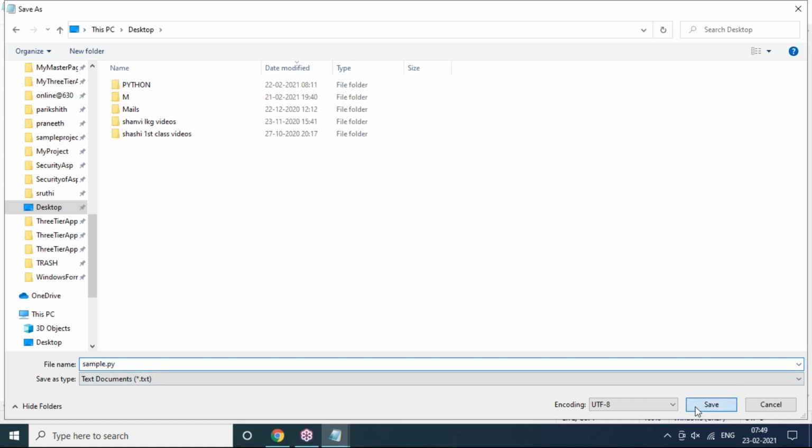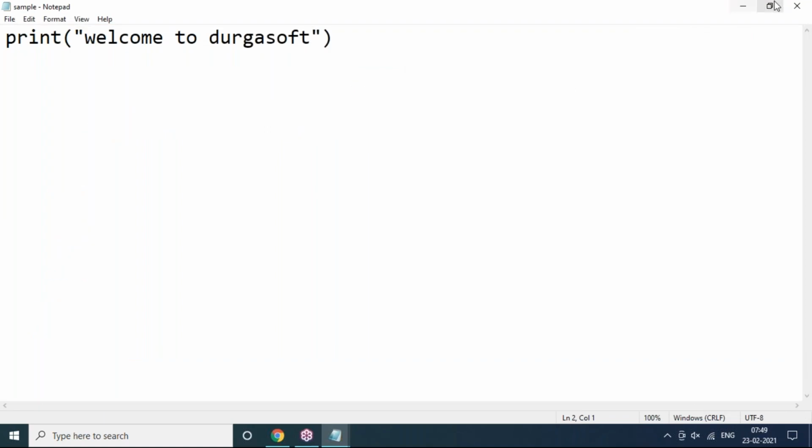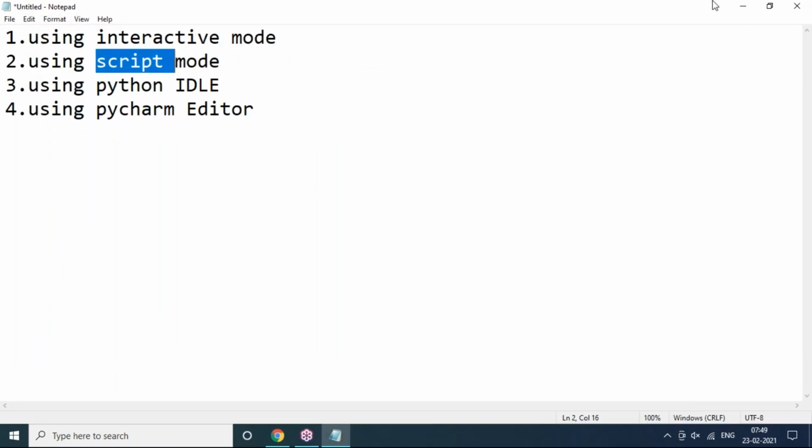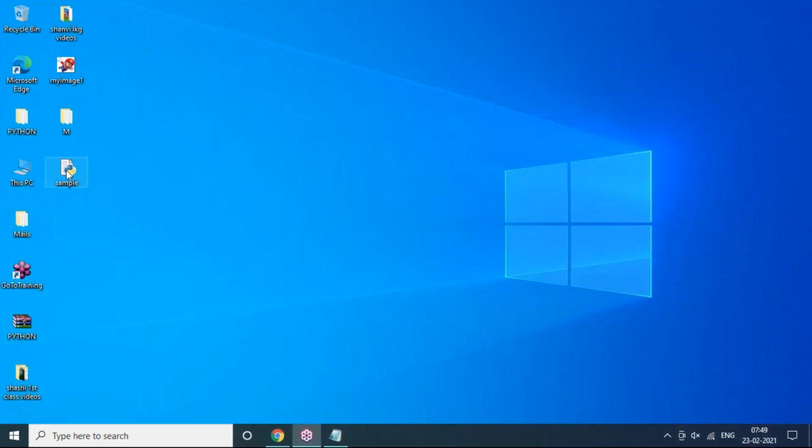Once you click on Save, your desktop has that Python file. You'll be able to see this on the desktop. The Python logo is available. So sample.py, your script file, is ready to execute. After writing the script and saving with the .py extension, you can run it anywhere. Either you can use IDLE software to execute this script, or else you can go through command prompt also. Both ways work. I'll show you both.